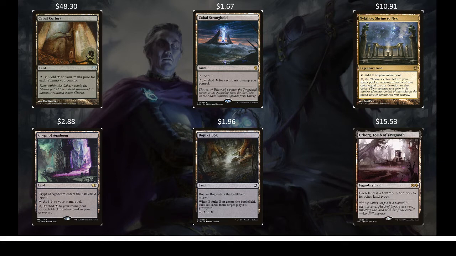Enters tapped, just like Cabal Coffers. You're going to pay 2 mana to add black to your mana pool, but instead of for each swamp you control, it's for each creature in your graveyard. And with what our deck is doing here and how many creatures we're going to be accruing into our graveyard, this is going to be easy business. Crypt of Agadeem, we're going to be able to activate it pretty often here and actually have some real output from it. And then we also have Bojuka Bog, a $2 include for almost any black deck I would consider